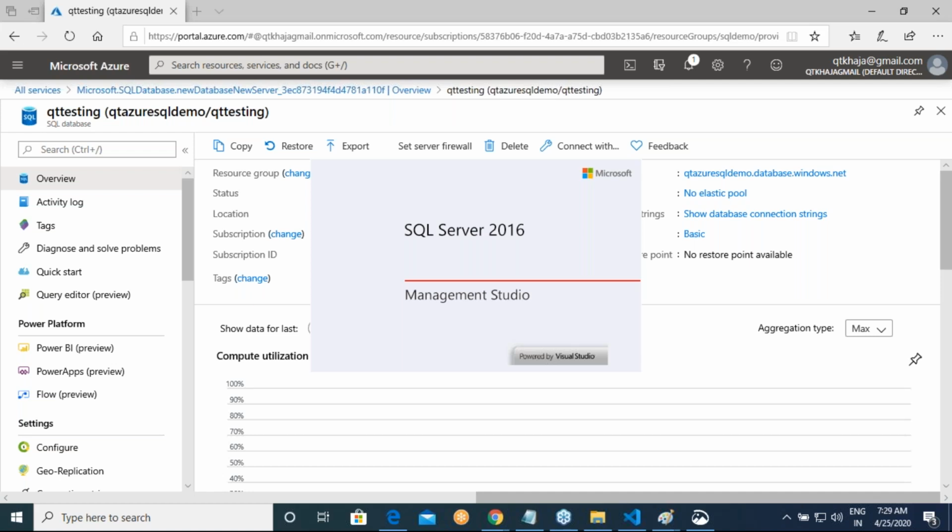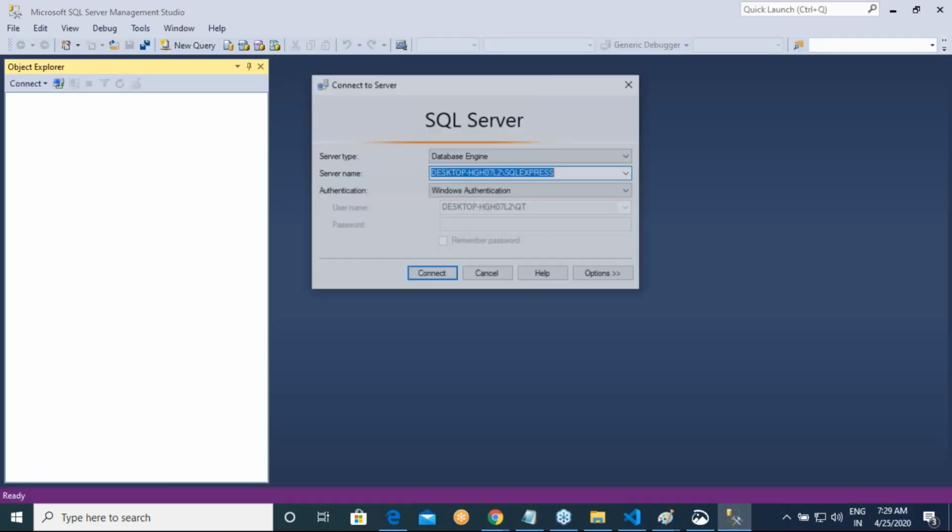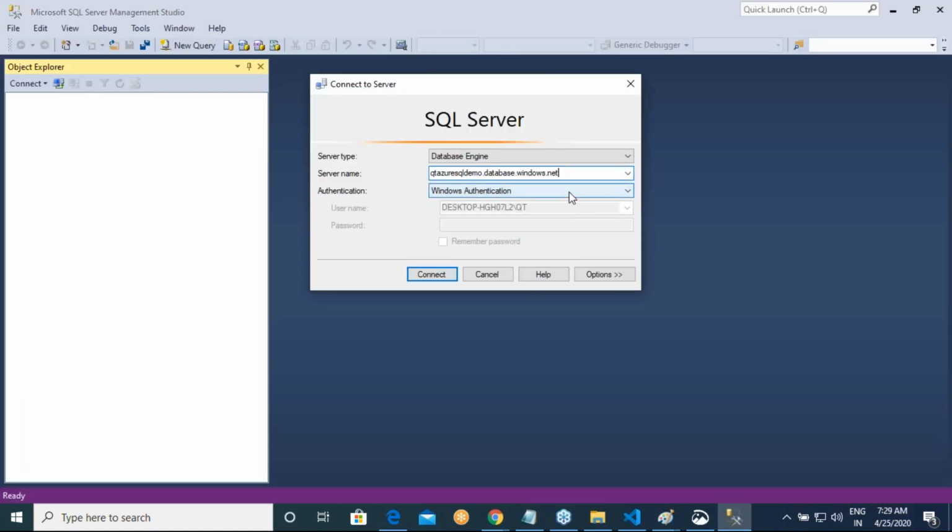This is a database client. So don't worry about this software. I'll share you all the details. Then SQL Server authentication. Our username was Qt DevOps, and I have set some password. Let me click on connect.